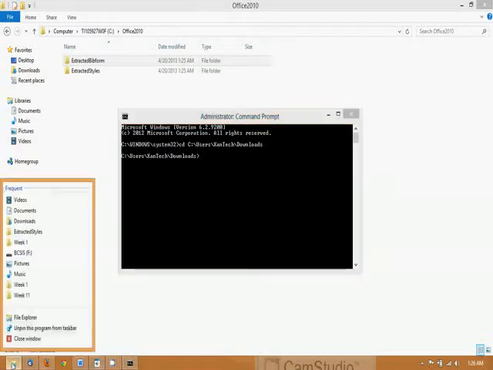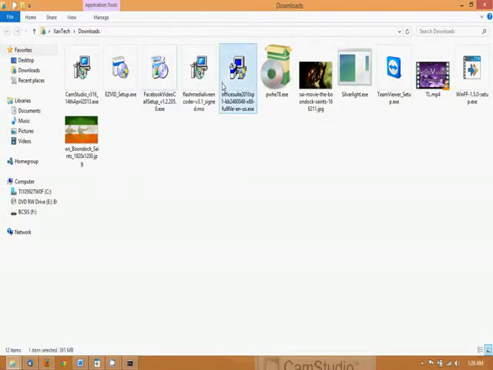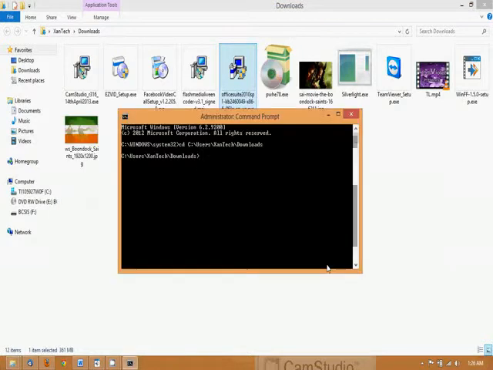Now from here we're going to want to find this file. You're going to need the whole name, including the .exe. And paste that there, add /